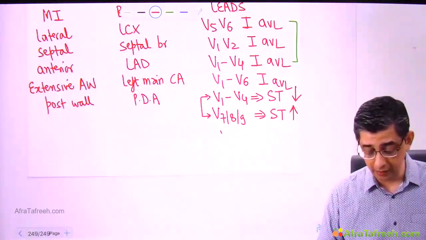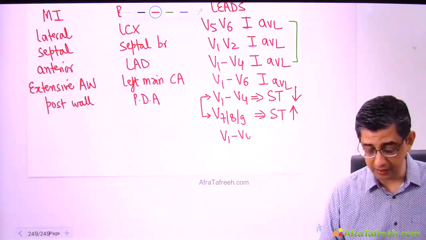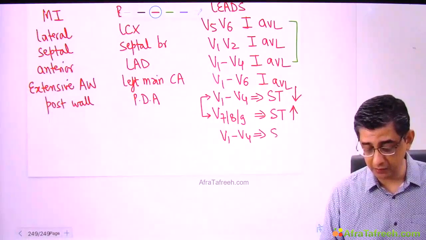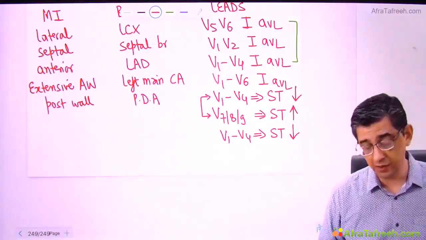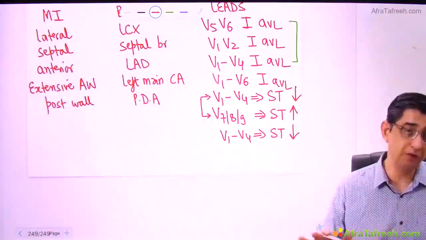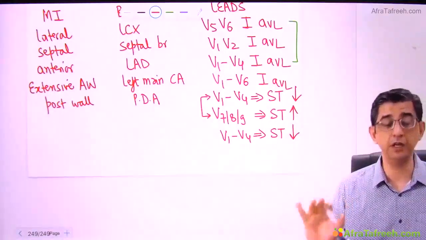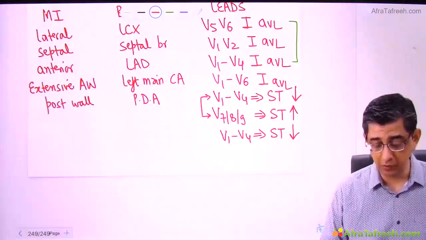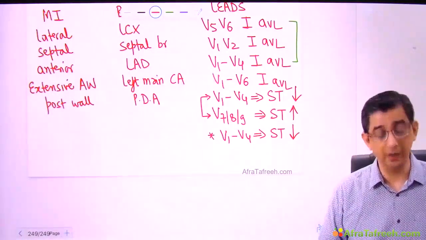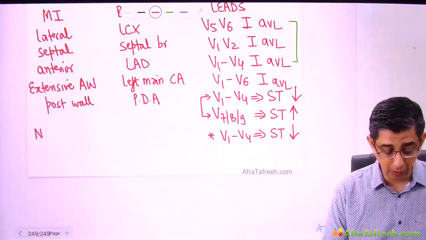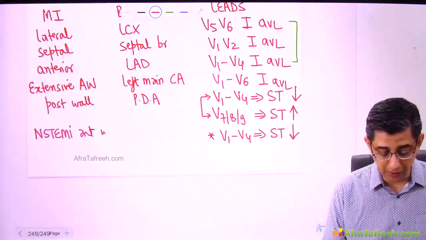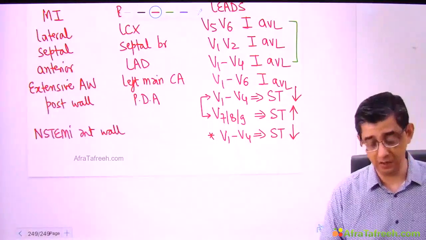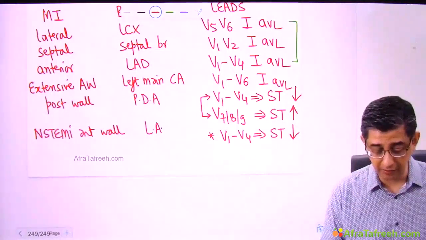Now why that is important is because once it happened in the exam that he mentioned that a person is having V1 to V4 showing a ST depression, and he said which surface of the heart is involved. There was no information given for V7, V8, V9 in the question. If V1 to V4 alone is given in a question, then guys, this patient is suffering from non-ST elevation myocardial infarction of the anterior wall, which means that the answer to my question, I said which blood vessel is blocked here, would be answered as left anterior descending artery.